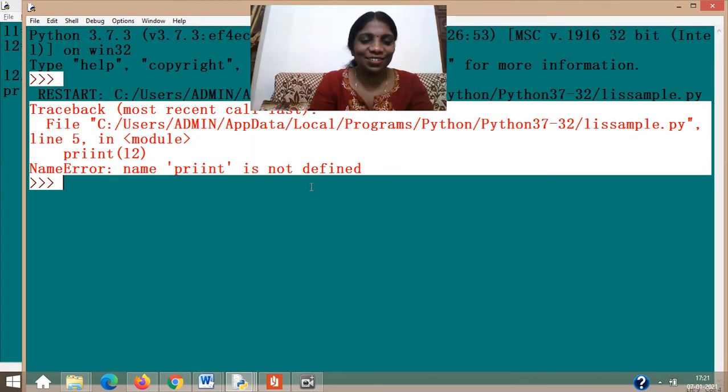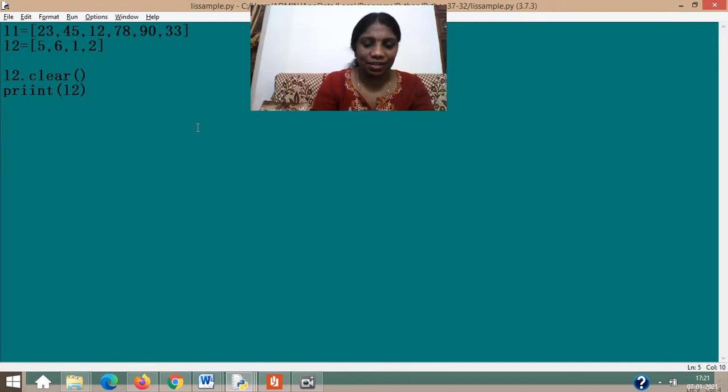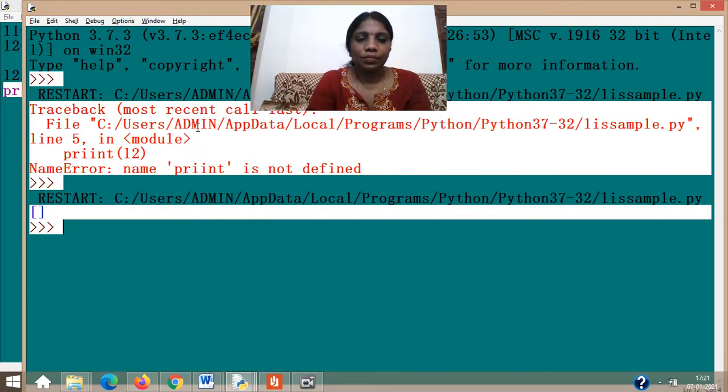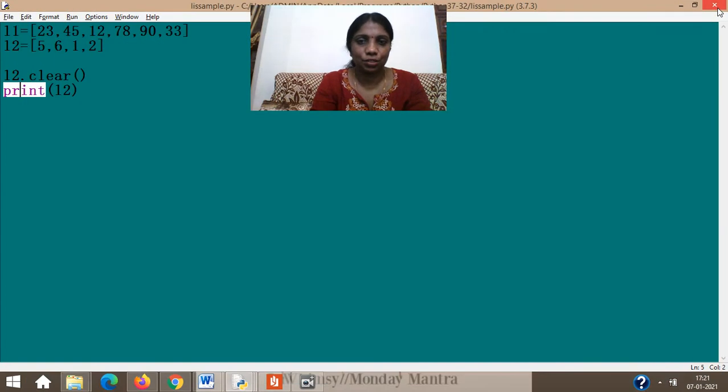There was an extra I, so I have to remove that. And then there is your empty list. So understand that clear function does not take any argument. It just clears the entire list element from that, but the list still remains.